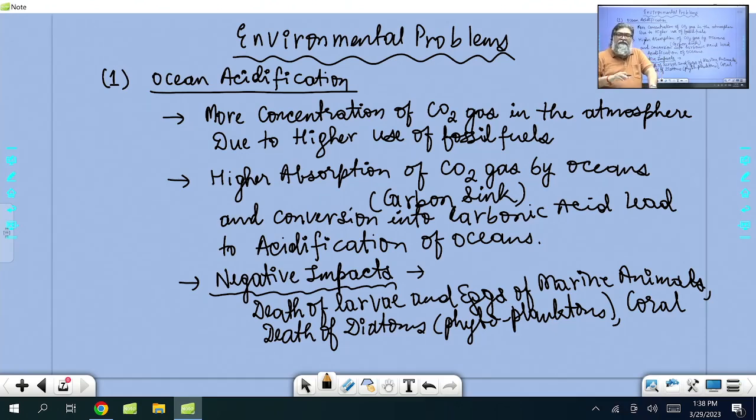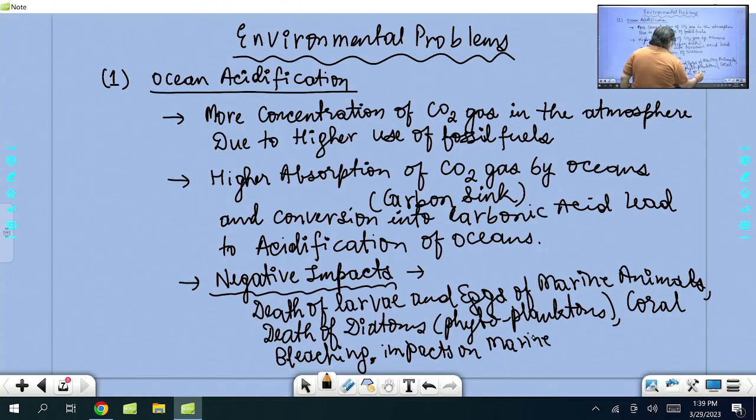Now what is happening? Since the algae get out of the corals, they will become colorless, will not get food, and will die. For example, the Great Barrier Reef is now facing a high level of bleaching. If corals die, the entire marine ecosystem will be impacted. That is a food chain, a food web, right? That will have a massive impact on the marine food web.